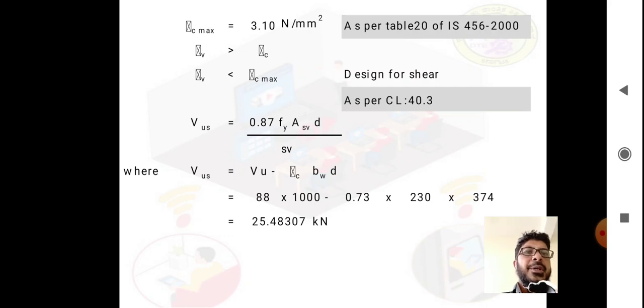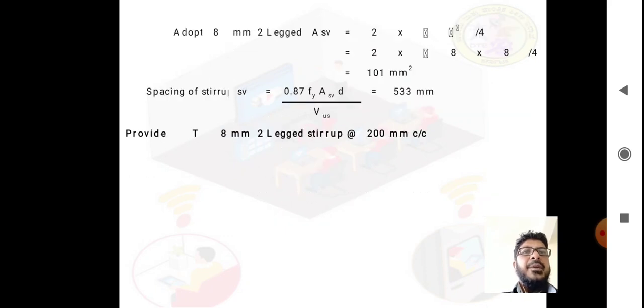So we will choose vertical stirrups. For that, the formula is VUS is equal to 0.87 Fy ASV into D divided by SV, where VUS is equal to Vu minus tau C Bw into D. Just substitute the values. So we got 25.48307 kilonewton. Now we have to calculate the shear reinforcement, so from the previous formula,